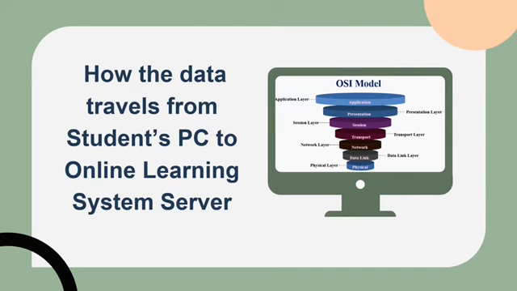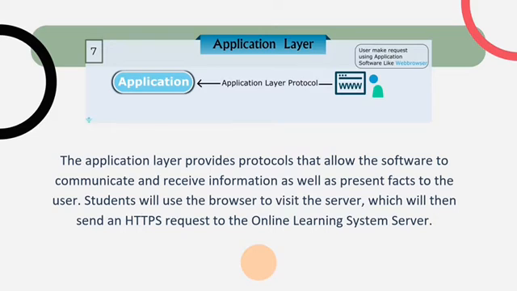First, I'm going to explain how the data travels from the student's PC to the online learning system server. The seventh layer, which is the application layer, will provide protocols that allow the software to communicate and receive information as well as present facts to the user. Students will use the browser to visit the server, which will then send an HTTPS request to the online learning